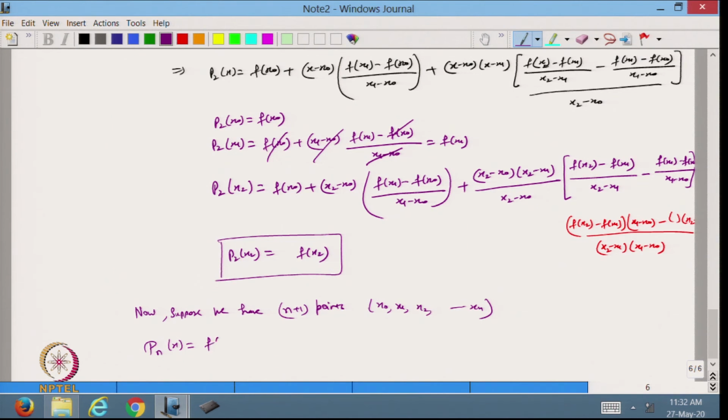That will be equal to f x naught plus x minus x naught, the first divided difference, plus x minus x naught, x minus x1, second divided difference, and so on, and in the end I will get x minus x naught, x minus x1 up to x minus x n minus 1,